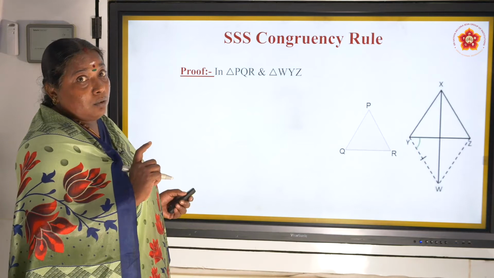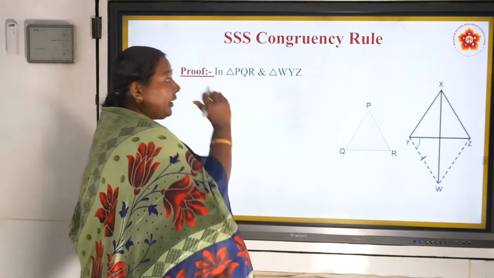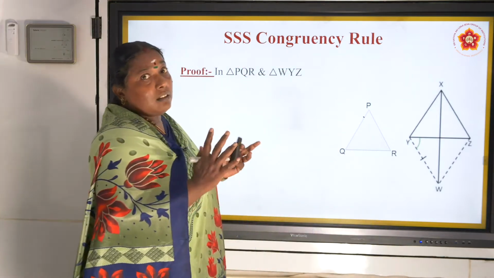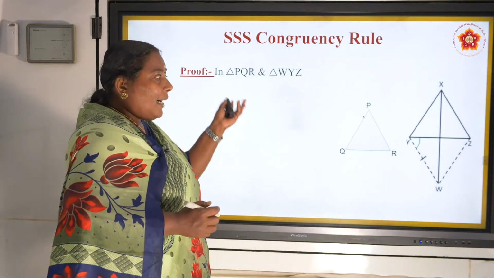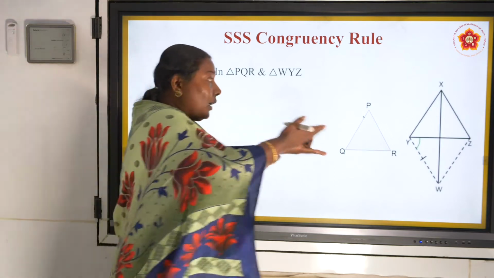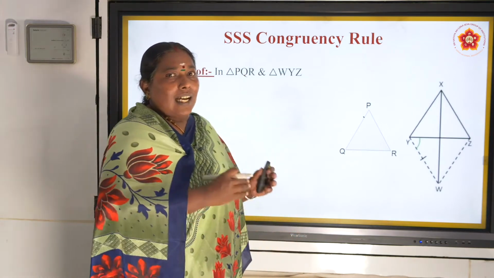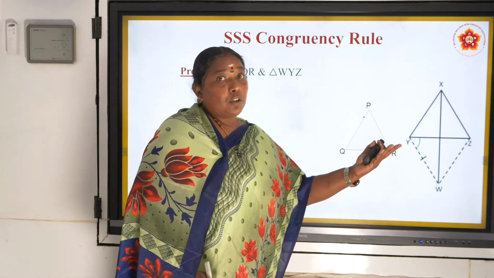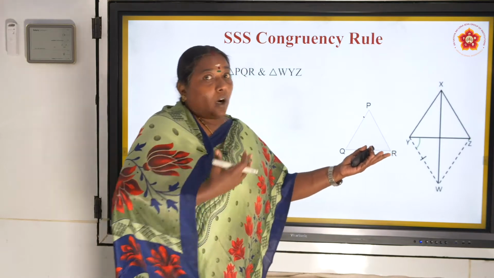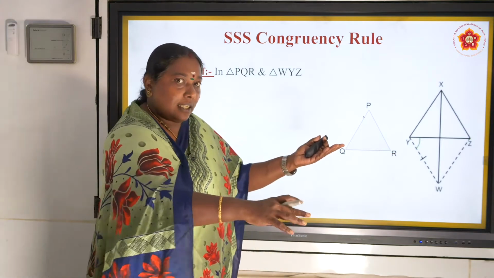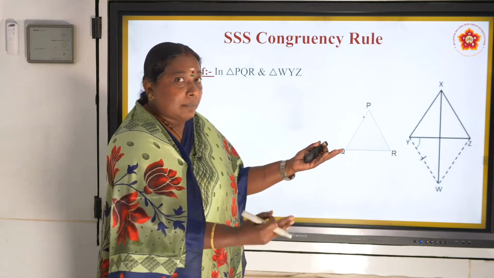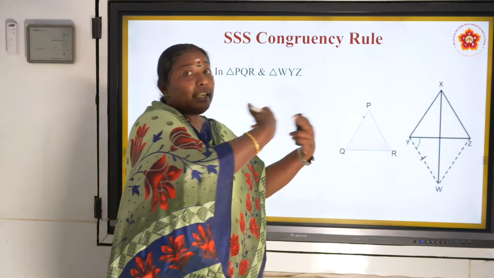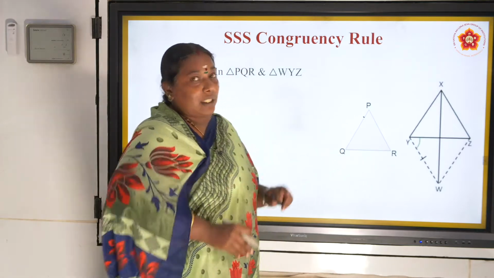Now what do I have to prove? First thing, I just want one angle from here and one angle from there to be equal. But I have created one more new triangle. If I am not able to compare directly with the destination, what will I do? I'll create one thing. I will compare with me. Then I will tell that if he and he are equal, then I will be equal. Is it right? I'm telling again.